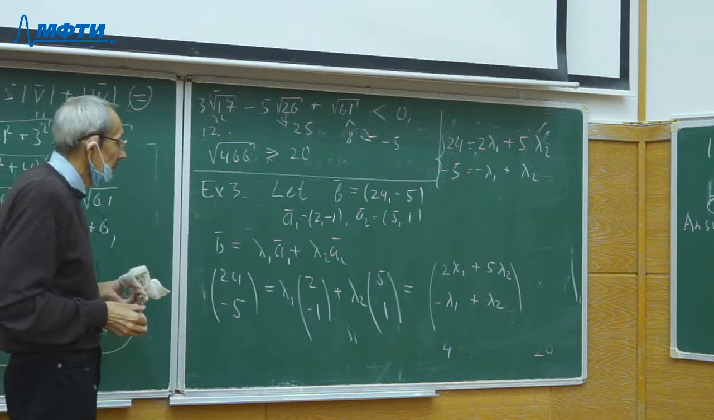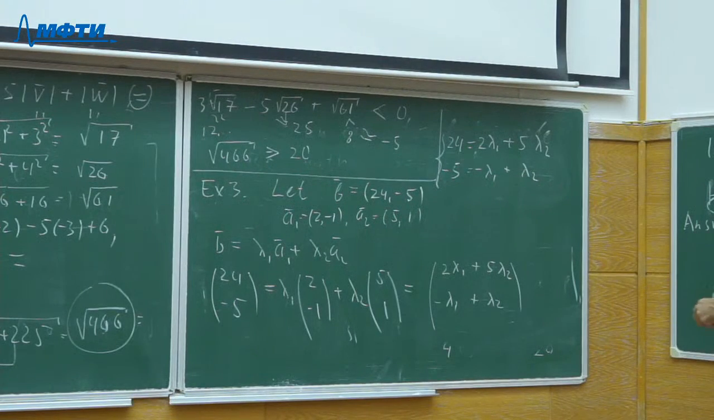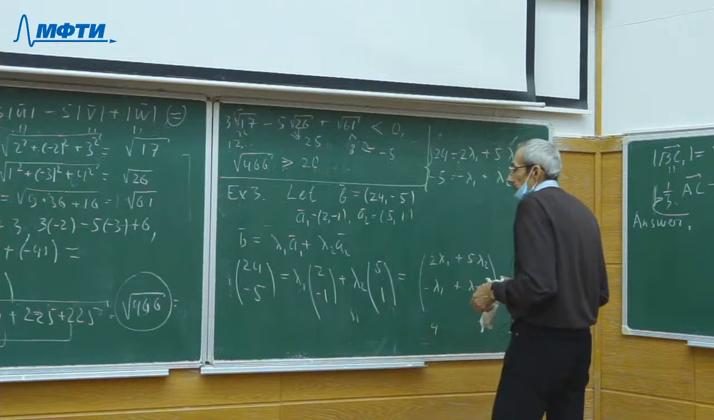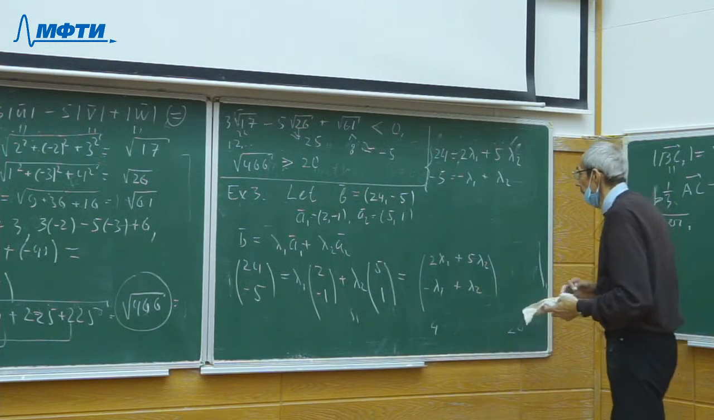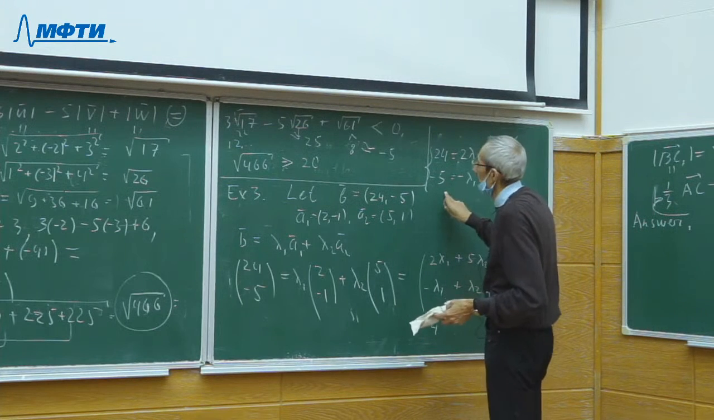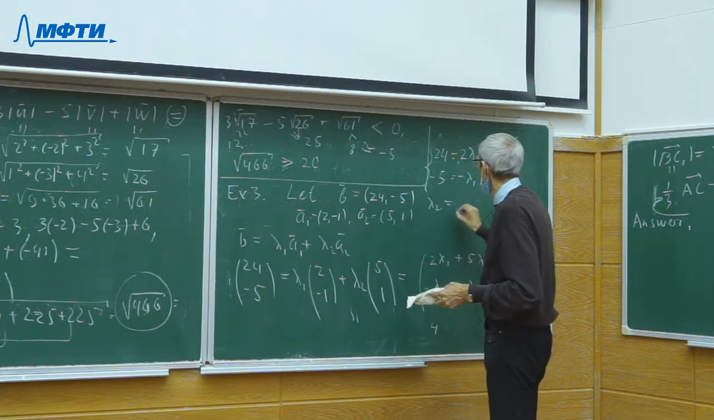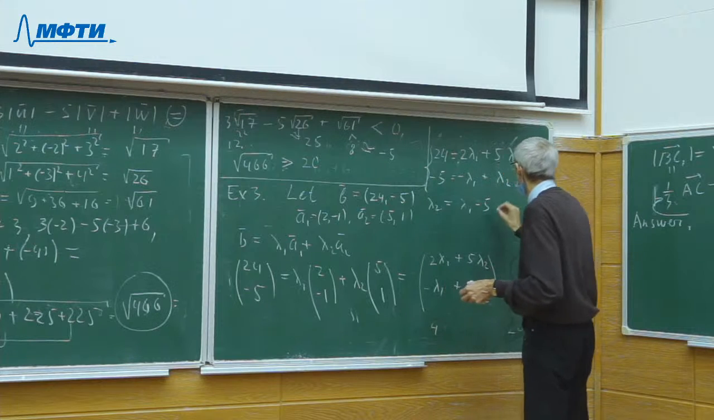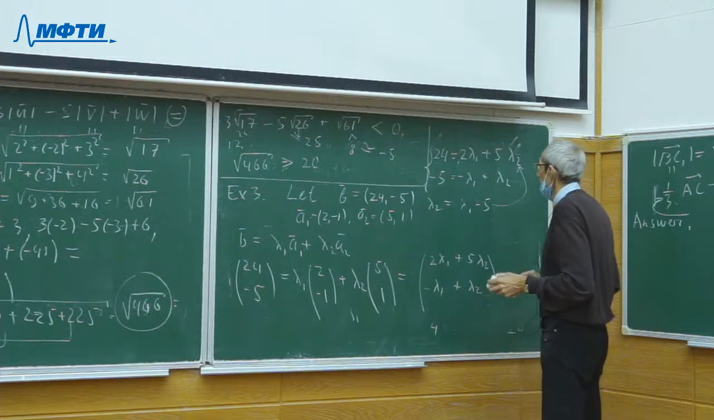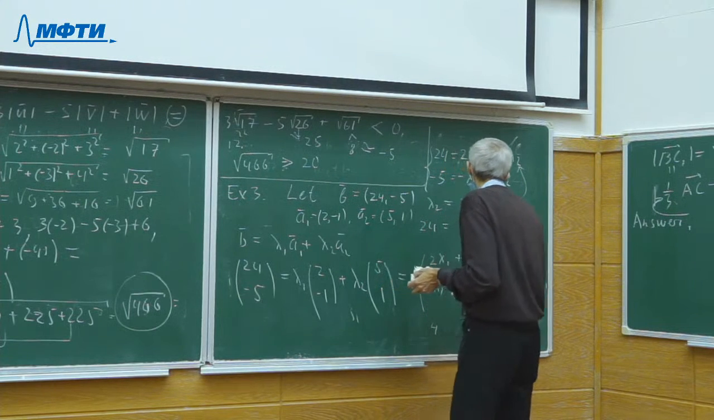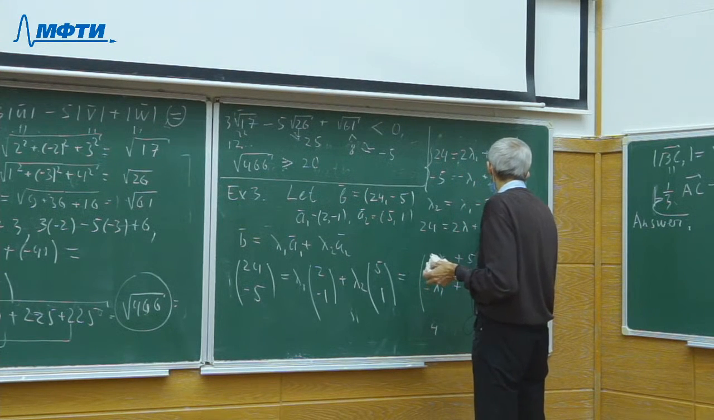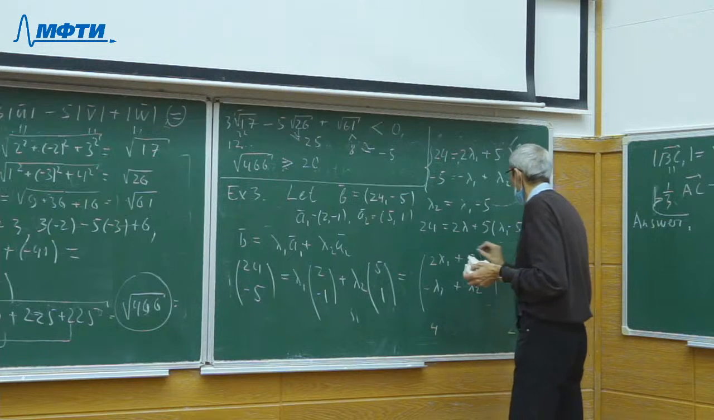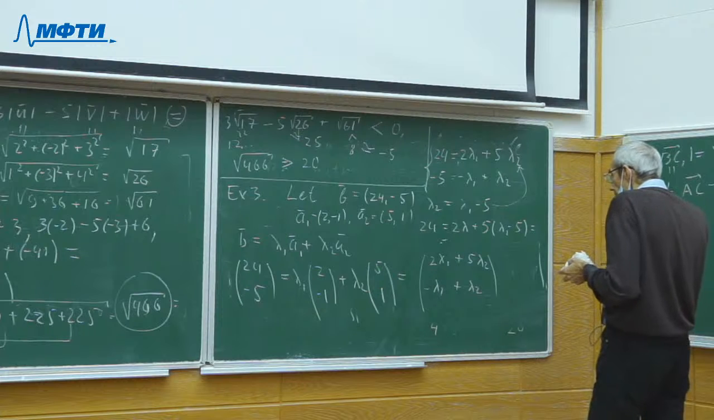And so we can obtain the decomposition of vector B as a linear combination of vectors A1 and A2. It is easy to see that using the second equation we can express lambda 2 as lambda 1 minus 5 and substitute this expression in the first equation, and after that we obtain 2 lambda 1 plus 5 multiplied by lambda 1 minus 5, and we obtain